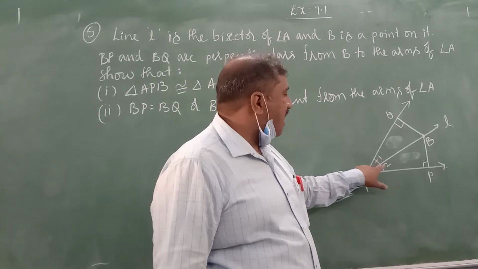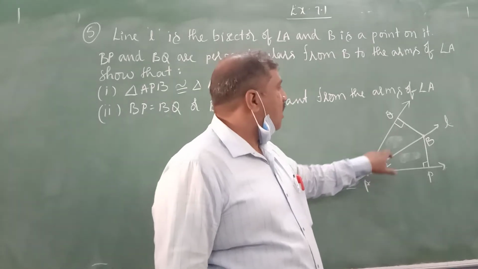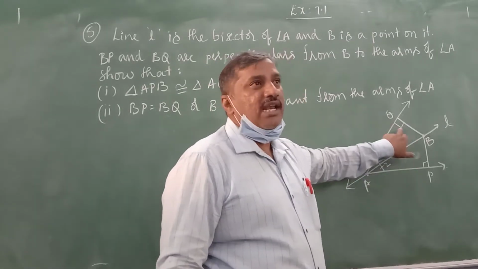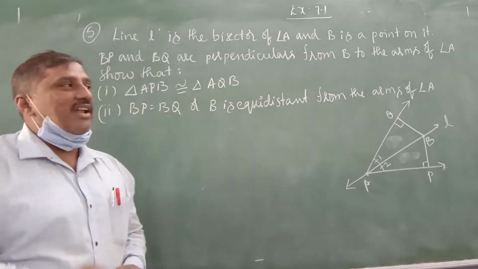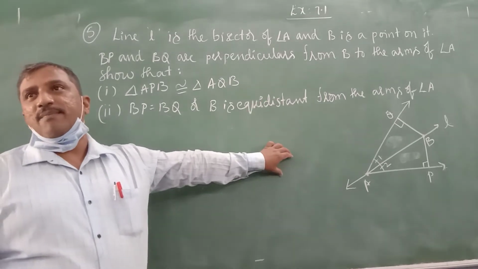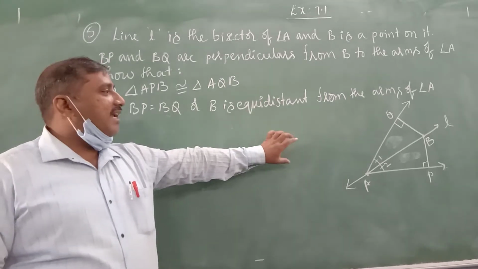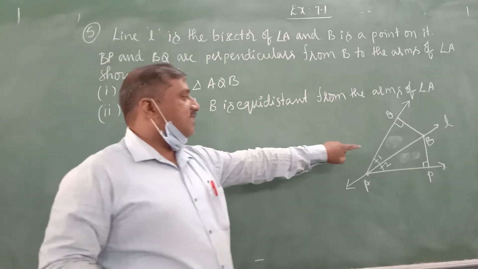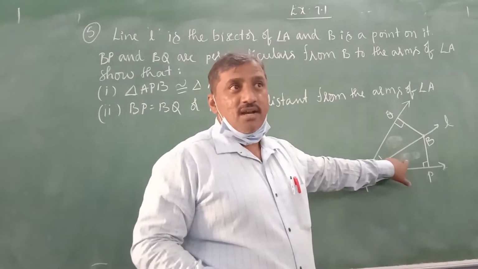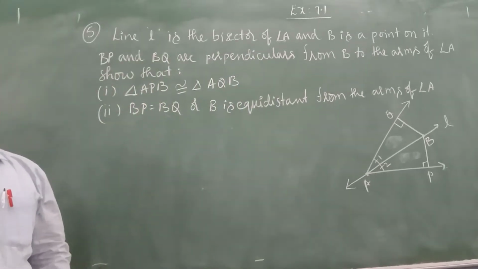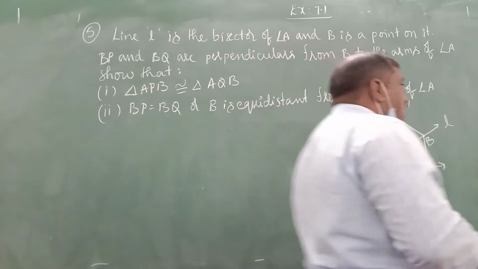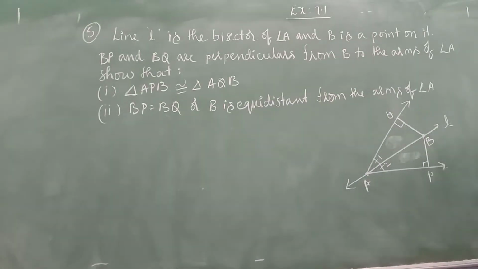Here we know only these two angles are equal, that is angle 1 and angle 2, and the angles at P and Q are both equal. We know only two parts of the triangles. We require one more, a third part, to prove these two triangles are congruent. It is not given in the question. As I said yesterday, the third thing may be a common angle or a common side. That you need to recognize or identify.